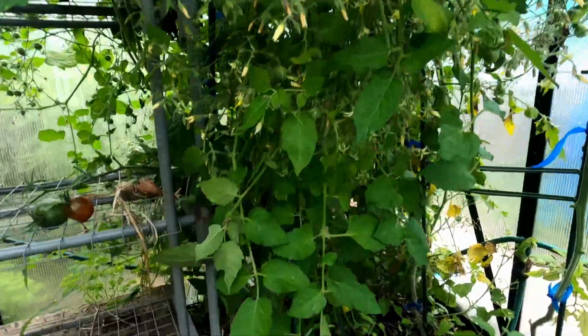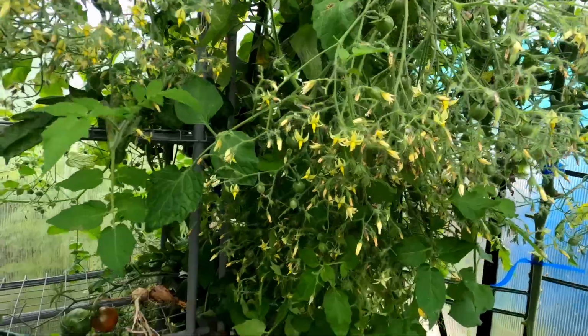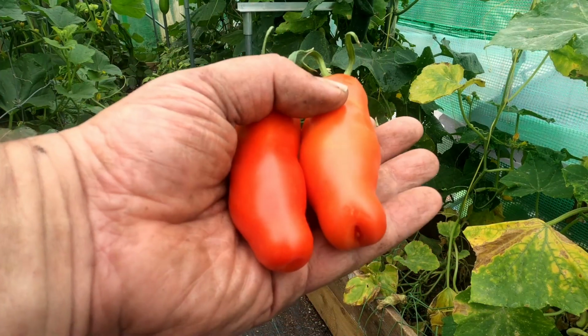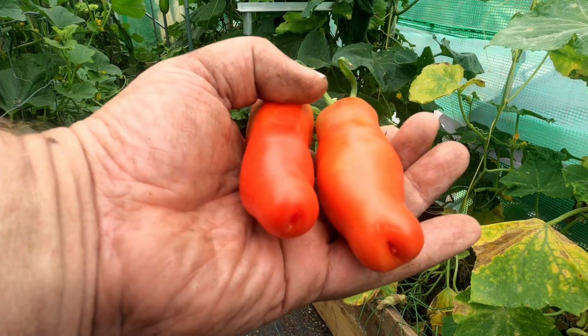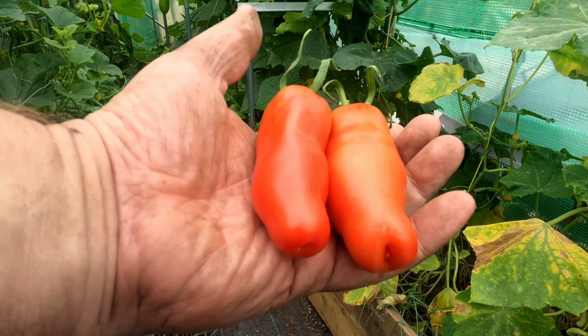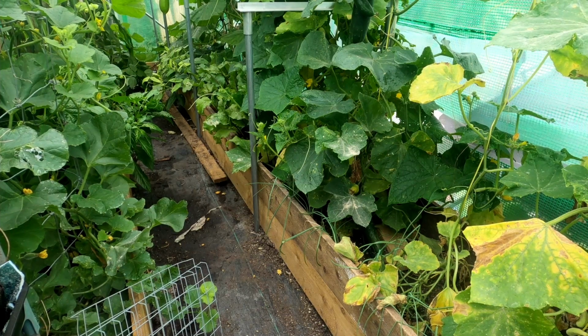I mean, look at all this mass here. All of this is actually just one truss of flowers. It's massive, gigantic. Look at them toms, just been in the greenhouse. Look at these, they've been ages green, turned to red, and now they just fell off in my hand. Aren't they lovely? I'm in the polytunnel, and what I want to do